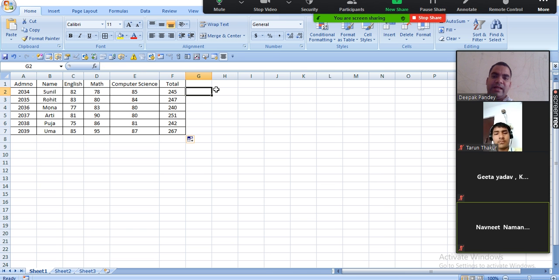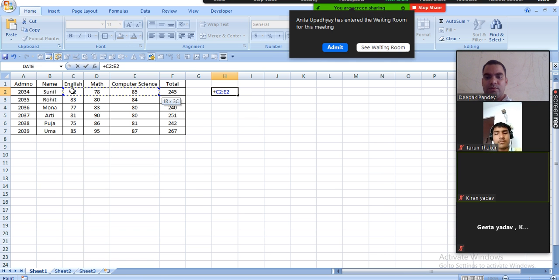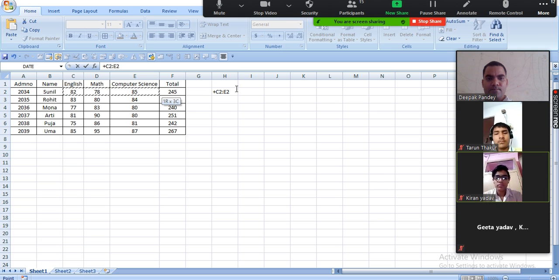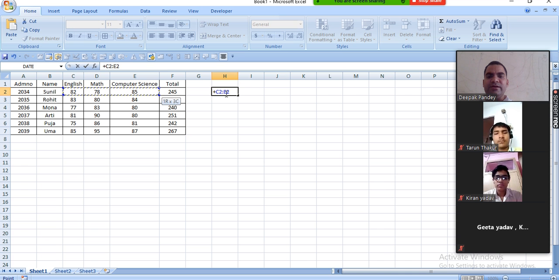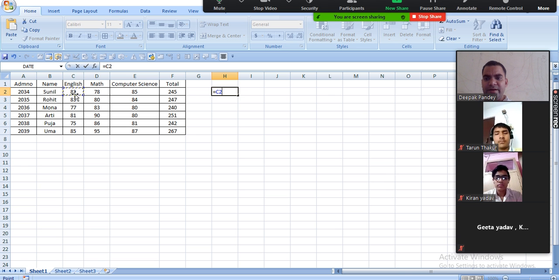Even though we can use our own formulas as well, if we don't want to use the inbuilt formula of Microsoft, we can use our own method. We can apply the range from here to here. Let's see if it is working. No, it is not working. Basically we need to do the addition from here to here. We have to click on the cell.